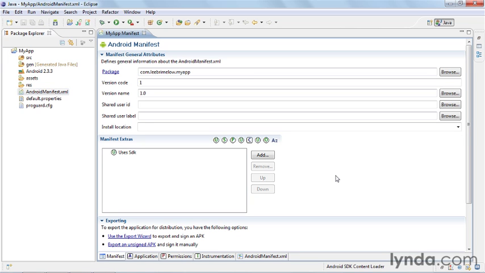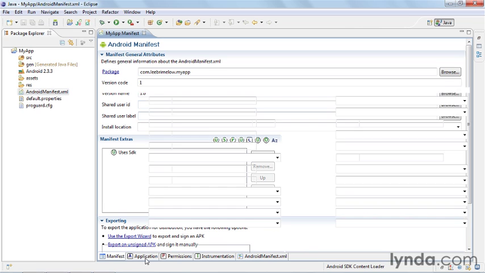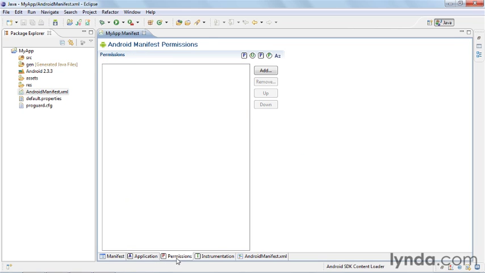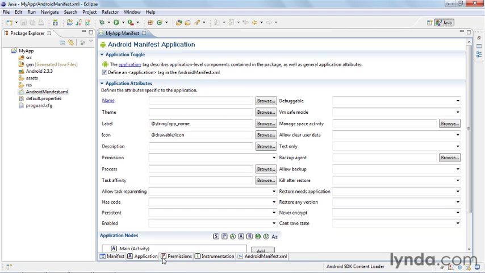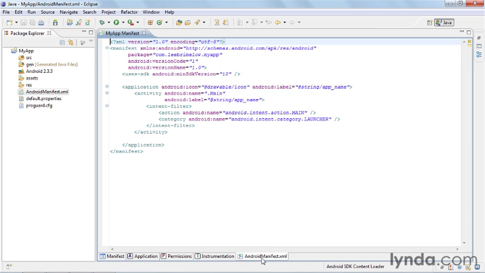Now, one of the things about the way this is set up here in Eclipse is you can either go through this kind of visual editor to set all of these things, which can be helpful when you're first starting out, or you can just directly edit the XML. Now you'll notice how simple this XML file looks here in comparison to some of these screens, which have just tons and tons of options. So generally speaking, once you get the hang of things, most people probably work directly in the manifest.xml view, where